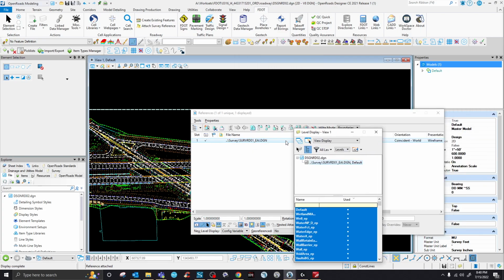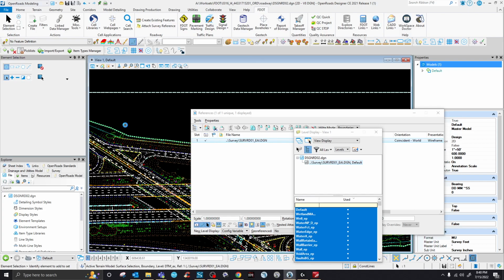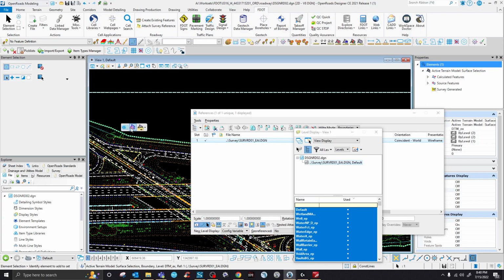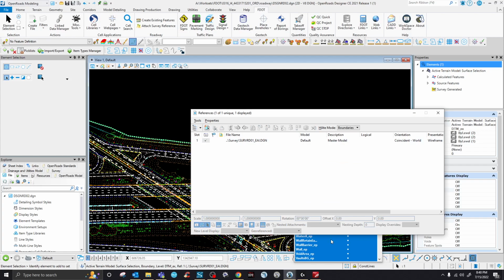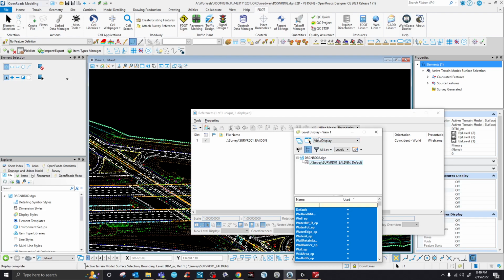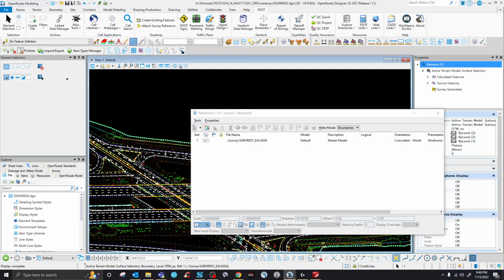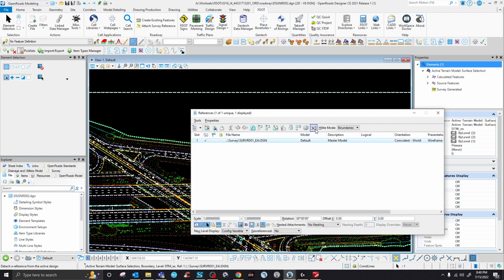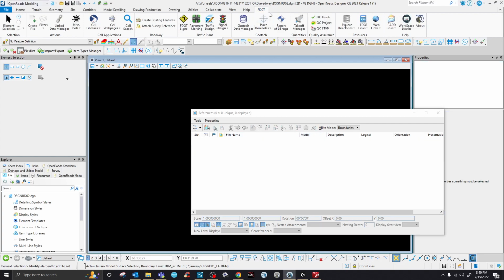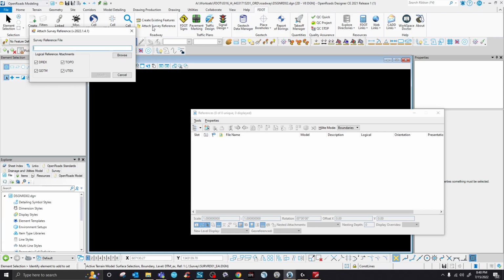But what I was gonna say, if you reference it like this, everything is gonna be dumped together, which is also okay because I can come here to the DTM and make it active as a terrain model. But DOT added this tool here. Just want to highlight it because that's good that they did that for us. Thank you, DOT. Here, FDOT, you see attached survey reference. If we use this tool,